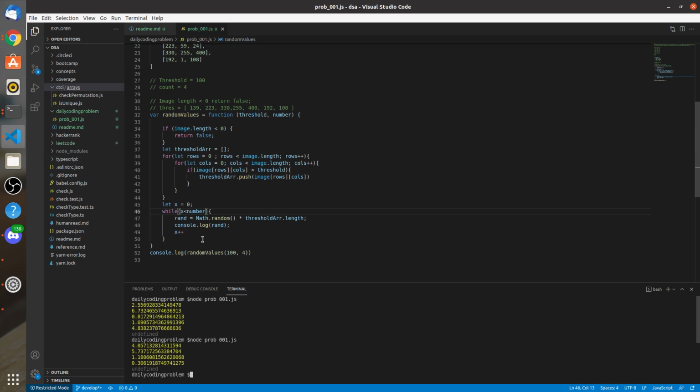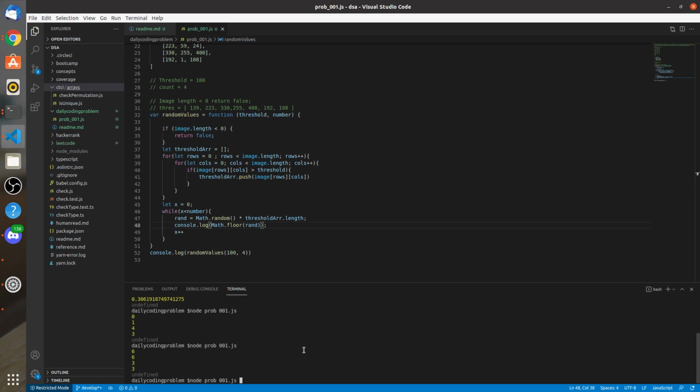So what we'll do is try to round off this value. So Math.floor, and then round off this value. Yeah, we are getting 0 1 4 3, 6 6 6 3 3, 0 0 0 3. Cool. So we will place this Math.floor here,